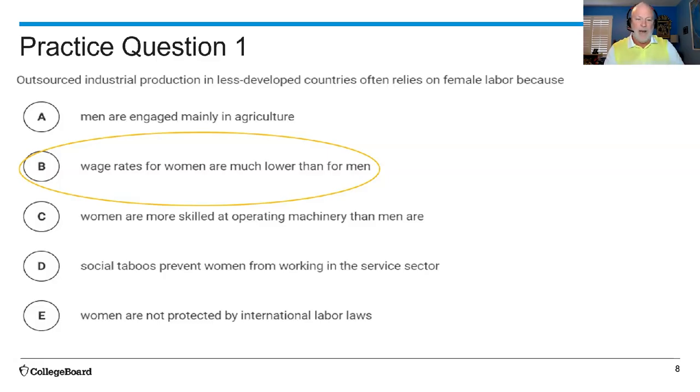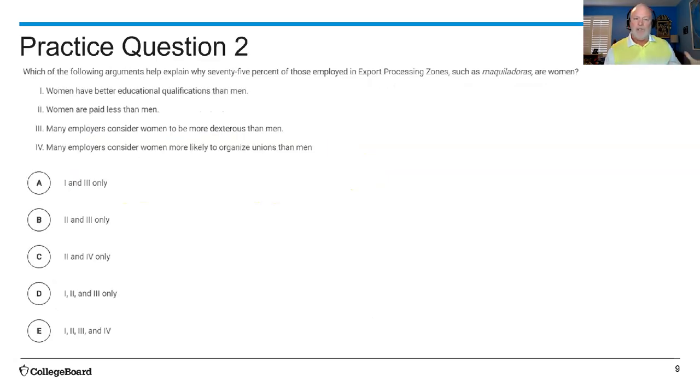Similar to this question, you look at this one: which of the following arguments helps explain why 75% of those that are employed in export processing zones, and remember that key term, maquiladoras,